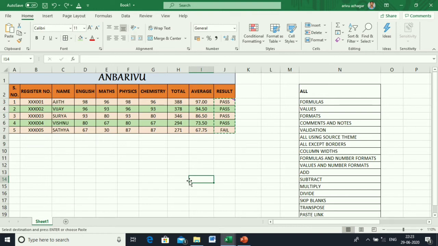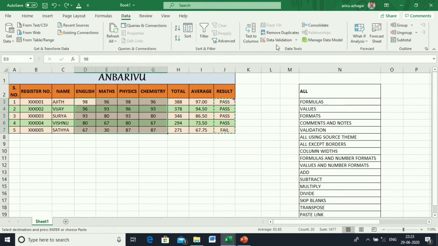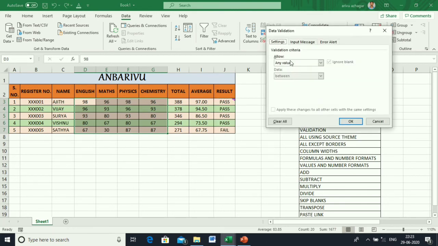Next, validation. I am selecting the table, I am selecting the marks. I need the marks to be less than 100. In Data, go to Data Validation, select whole number, less than or equal to 100.